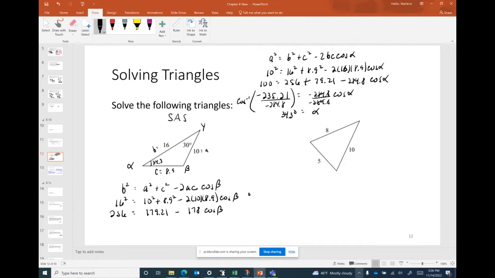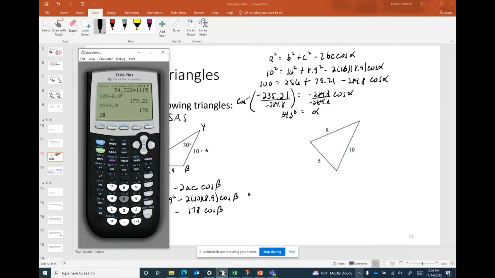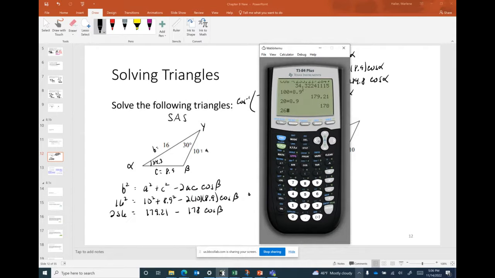All right, let's subtract that 179.21. So 256 minus 179.21 is 76.79. Now we're going to divide it by negative 178. Oops, now there's another problem there. Let's try this again. 256 minus 179.21. Oh, I know, I hit minus and negative probably. So we're going to write it as